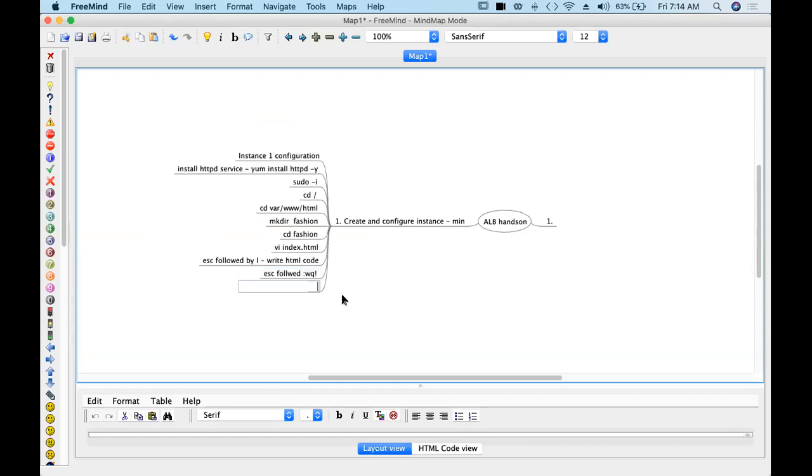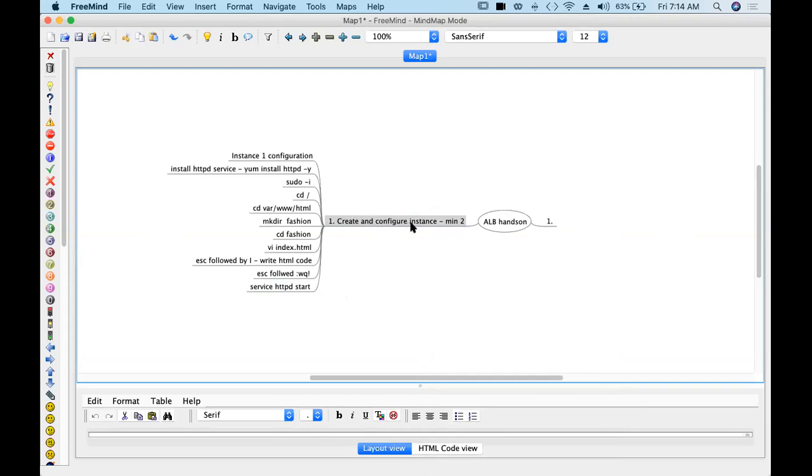Then service HTTPD start. So please check these commands if you have done correctly, and you need these two instances, right? So this is our first step. This is instance 1 configuration.